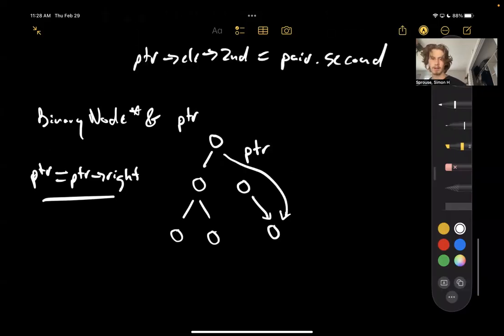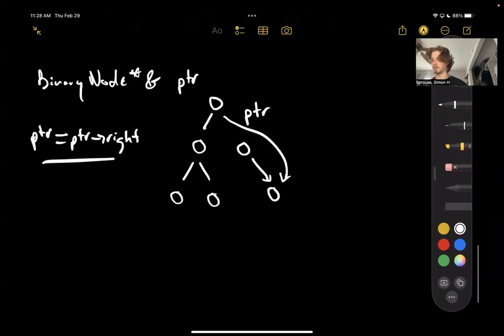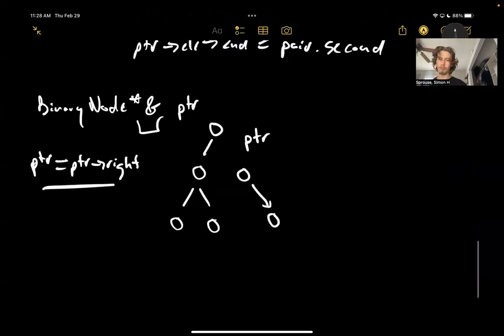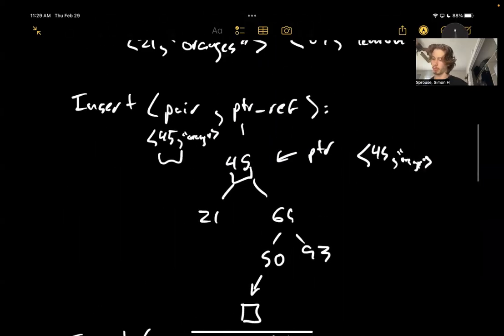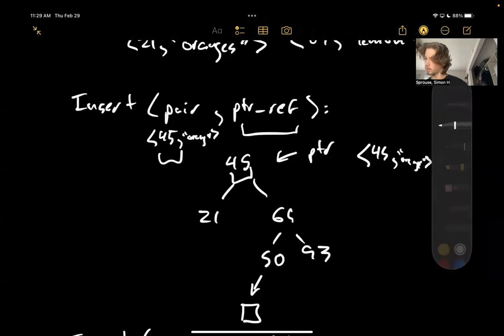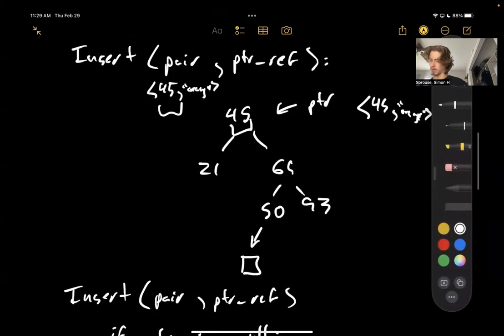So again, I really don't want to make this concept too complicated because it's basically the same idea as we had before, right? With a pointer, you're just taking some address that did exist before and you're substituting it out, except now when you've got a reference, instead of just traversing the data structure, you're actually changing the pointer that you are quote unquote referencing. So hopefully that makes a little bit of sense because we did pass a pointer reference to our insert function. And why did we do that? Well, we did that because